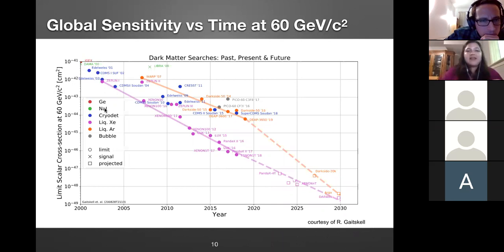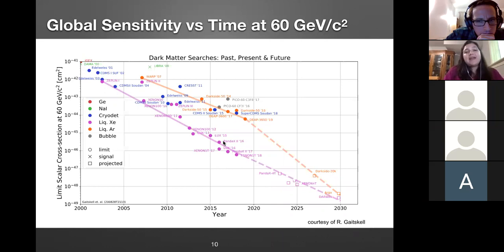The different detectors we have that have a different target material are shown in different colors. We have a variety of cryogenic detectors made with germanium, some also silicon, so they're just called cryo and they're in blue. We have sodium iodide crystals that scintillate in green. We have the liquid xenon field and the liquid argon field. And so what you can see is that as a function of time, we keep getting more and more sensitive. And you can see why it might be a good idea to work in the xenon field, because they have led in sensitivity